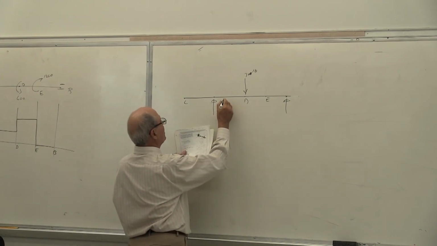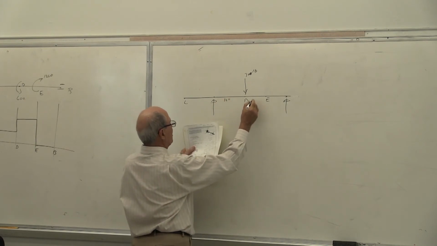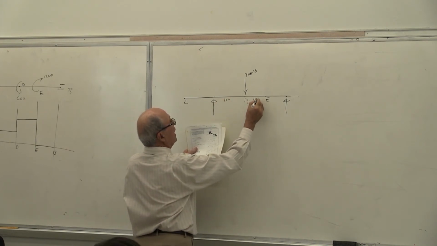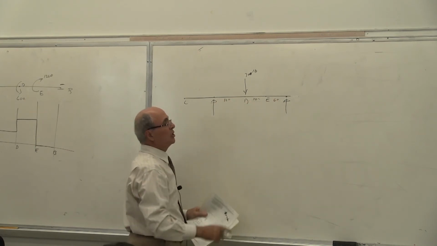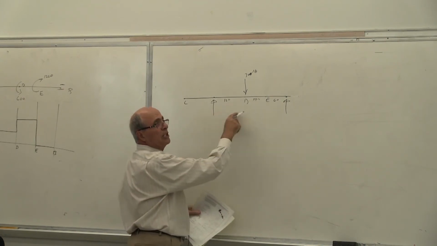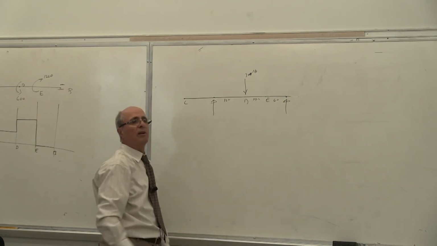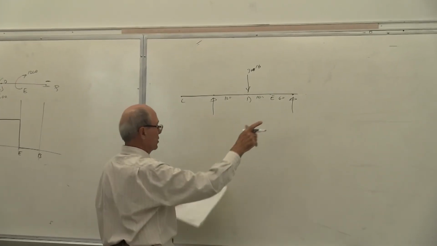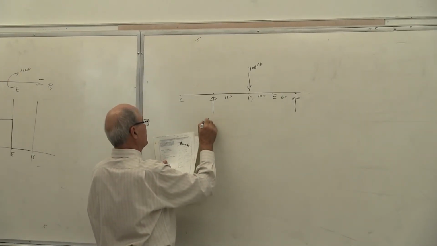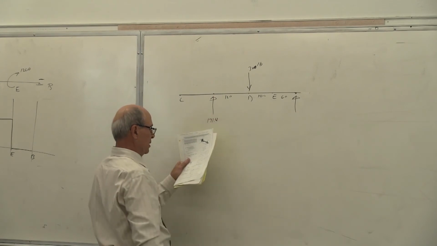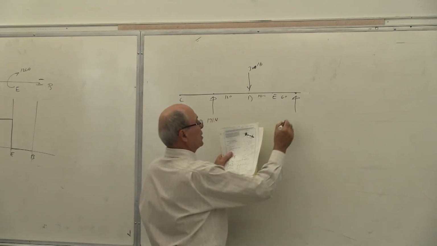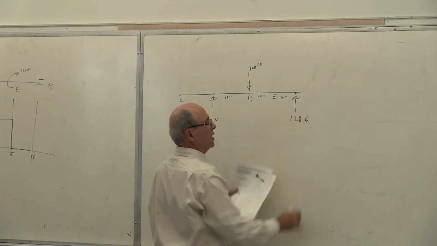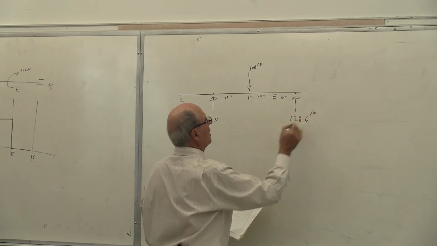This is 12 inch, and this is 10, and this is 6 inch. You divide this based on this ratio, 16 versus 12. Everybody understand what I'm saying? Or any other way. You can take the moment about here or there, but you can do that easily. This is 171.4, and this becomes 128.6 pound, of course, both of them.